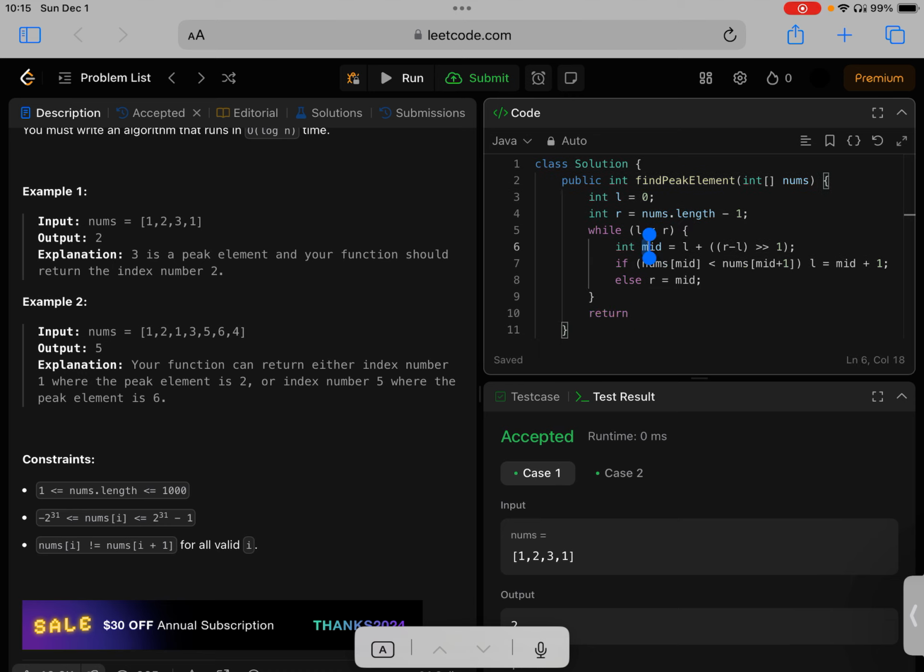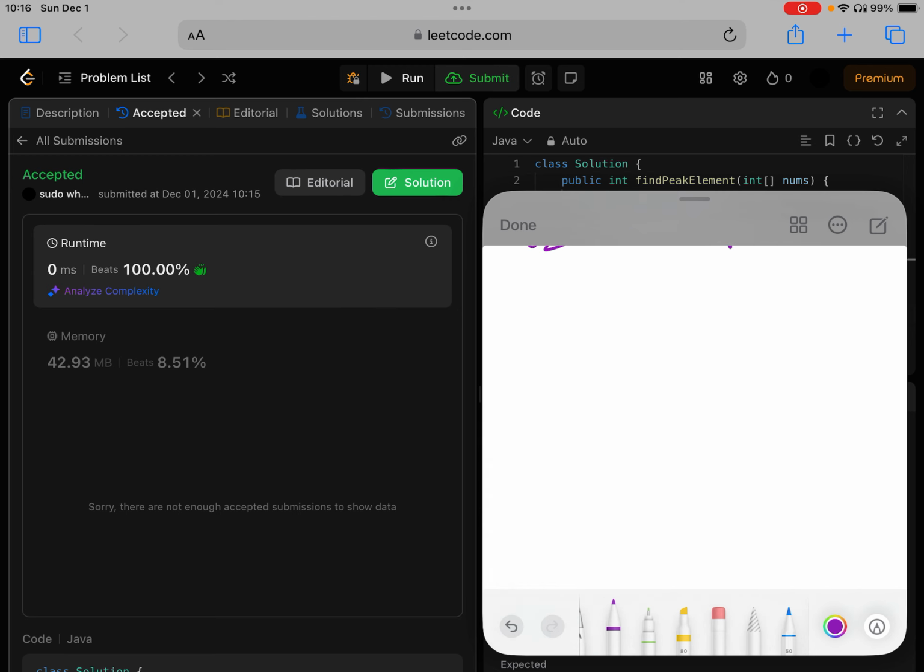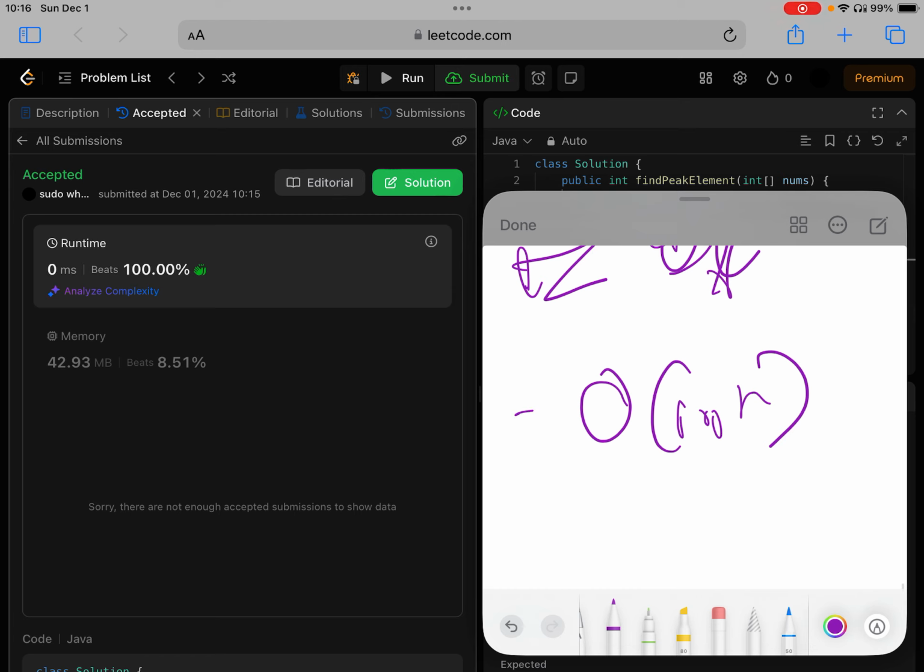Yep, it passed. It has a runtime complexity of order of n, logarithm order of log N, and the space complexity is going to be order of